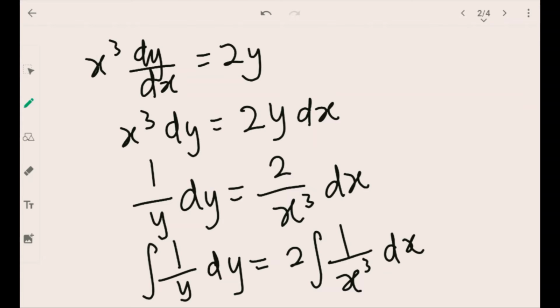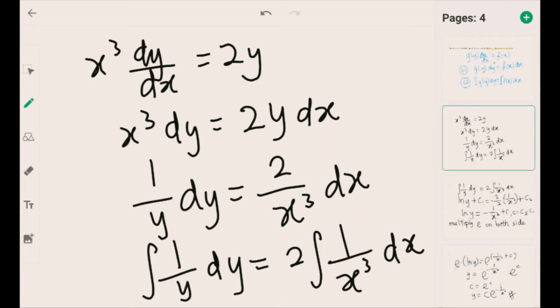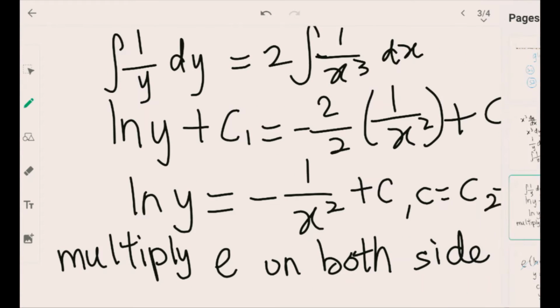Well, you may ask, why can't 2y just move to dy? Why do we need to leave the 2 at the side of dx? Because at the side of y, I want to make it simpler, so I will just move y only. So as you can see, it will become the integral of 1 over y dy equals 2 times the integral of 1 over x to the power of 3. I move out the constant 2 to make the question